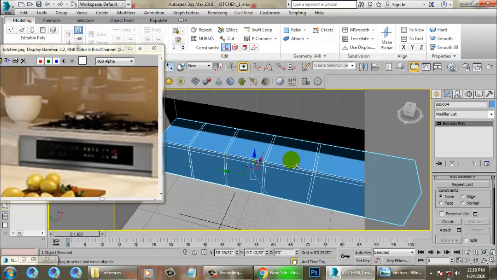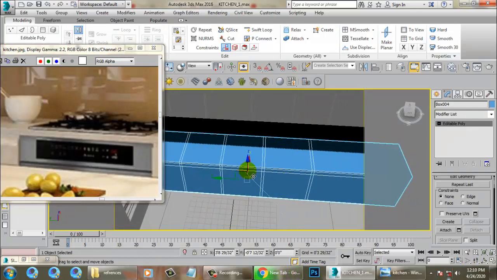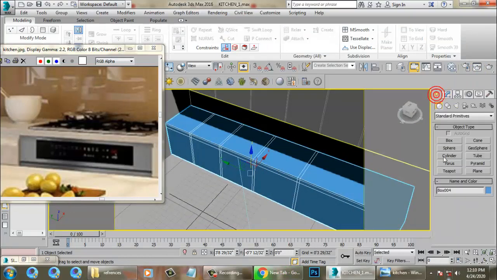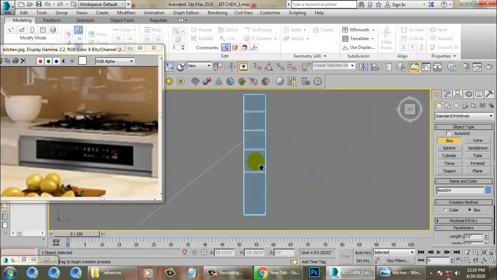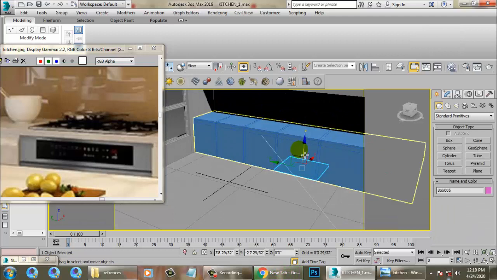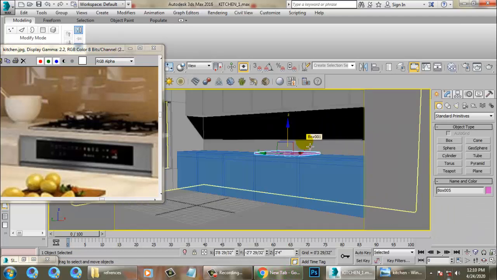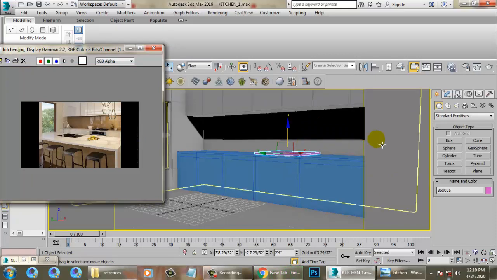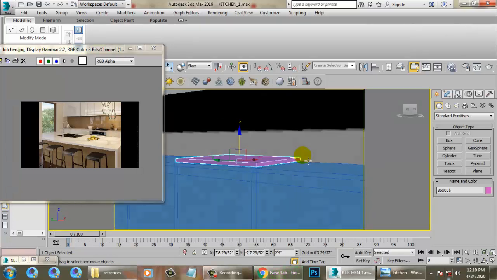So let's take a light. Let's take a V-Ray light over here. Drag this light over here. Push this light up, and let's make it as a dome light. So the shape of the light will be in the form of a dome over here. So let's push the light according to where it's going to emit. Make sure you are placing the light at the right place.